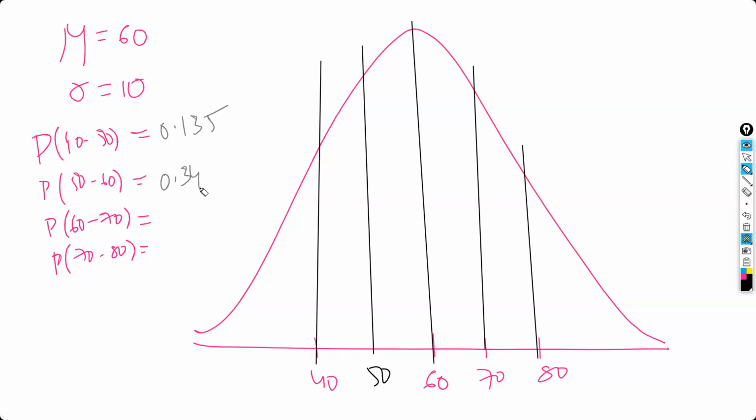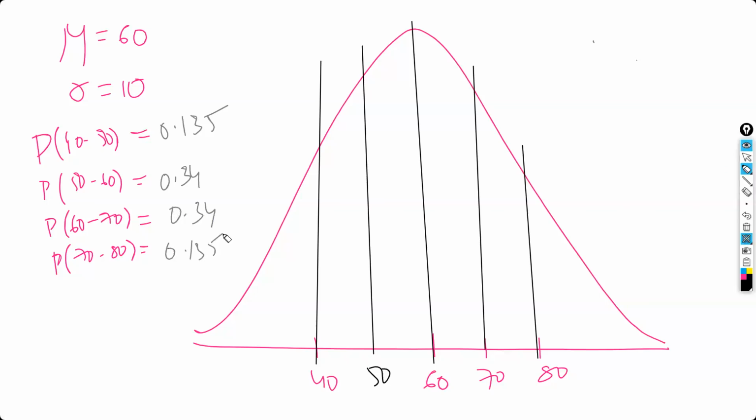For example, if you get 0.3413, the rounded figure is going to be up to 0.34. You'll get 0.3415 something, right? So it is going to be 0.34. Okay, thanks. From 60 to 70, again that is also going to be 0.34, and 70 to 80,